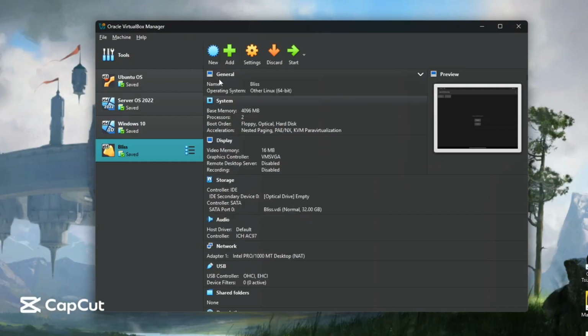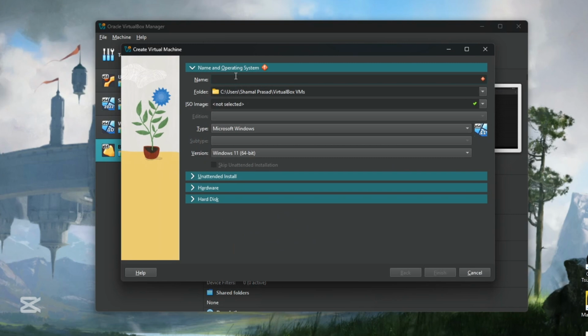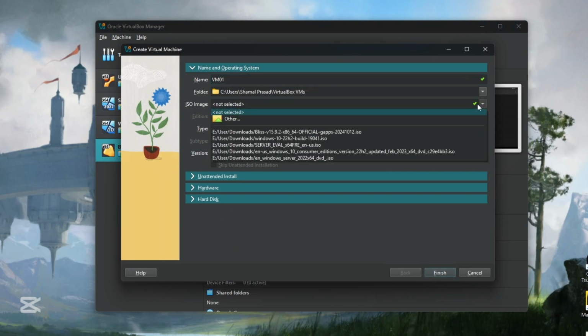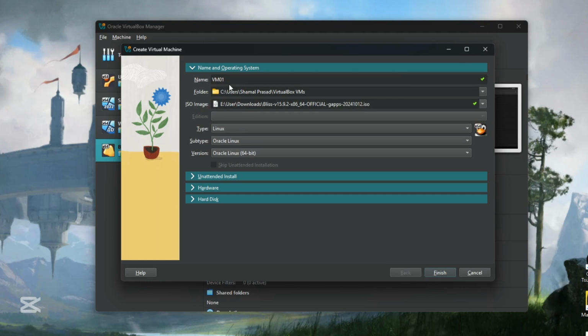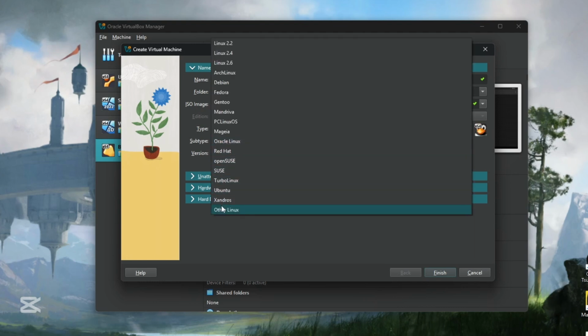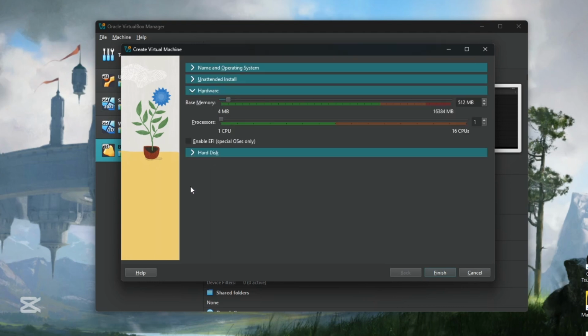So today we'll demonstrate the installation of the Android virtual machine. First we click new, and then from there the create virtual machine tab shows up. Then we type in the name as VM01, then select the ISO image. Then for the type we choose Linux, the subtype we choose other Linux, and we go to the hardware and